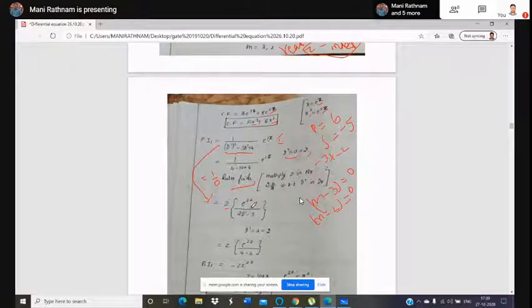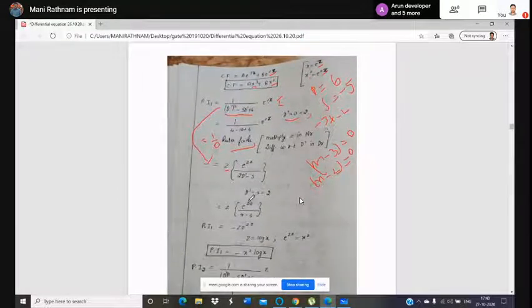Again, you have to substitute the D dash value. If any differential operator D dash exists in the denominator, you have to substitute a constant value in the denominator. So here the D dash value is again 2. So D dash equal to a value, e power 2z, 2 into 2, 4 minus 5. So it is minus 1. So we get e power 2z by minus 1, minus z e power 2z.